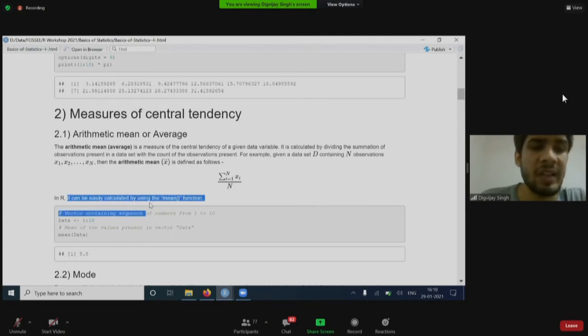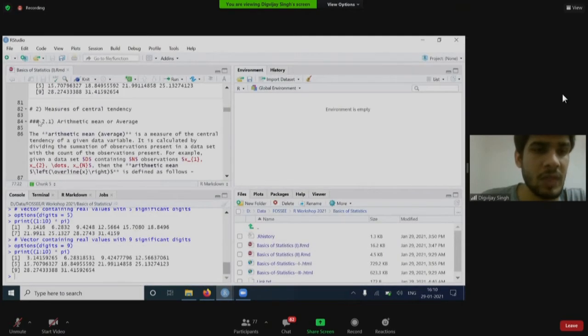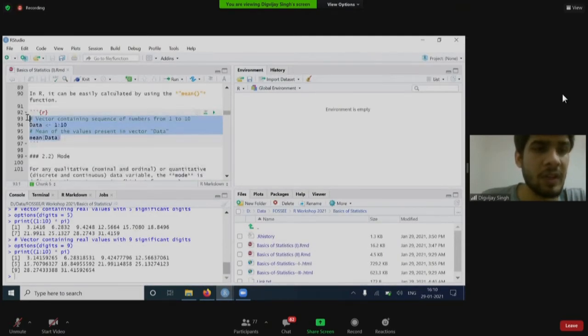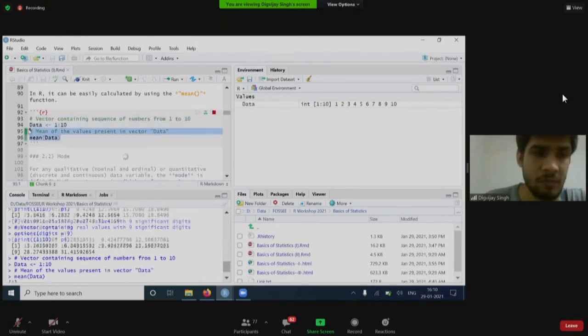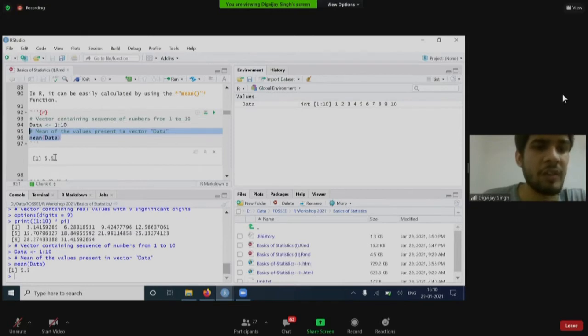This can be easily calculated in R using the mean function. If I run the code, first I'm creating a vector containing values 1 to 10, and then I'm taking its mean. The mean is 5.5.